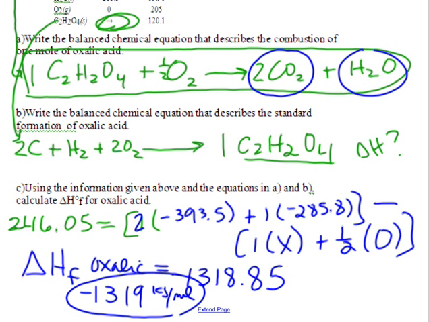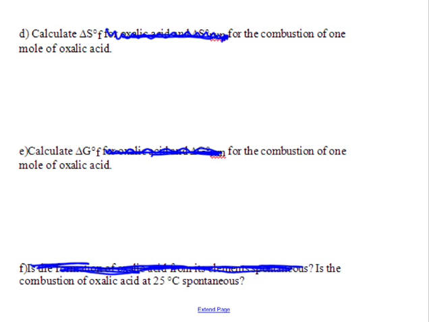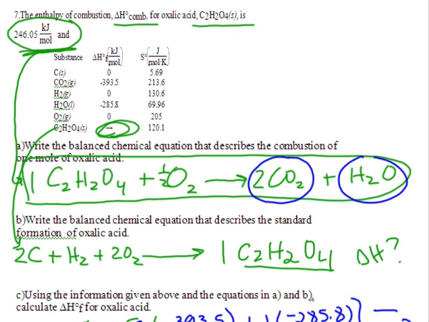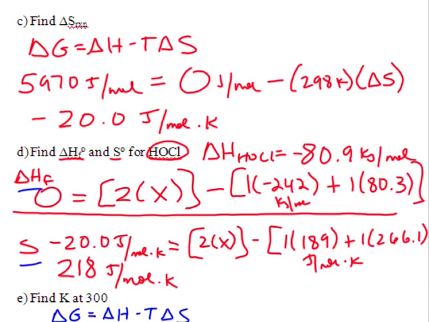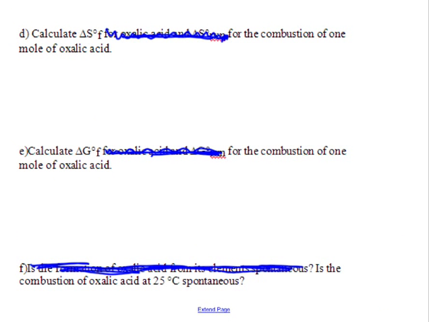Moving on. Now calculate delta S of formation for the combustion of 1 mole of oxalic acid. So what I'm looking for now is the delta S of this whole reaction. How do I do that? Big Mama, and what do I use? All of these delta S's. And they give us everything we need in that list. So all we have to do is do Big Mama with those numbers. Okay, so now we're going to have to jump back and forth again. So we get delta S of the reaction for the combustion is equal to,